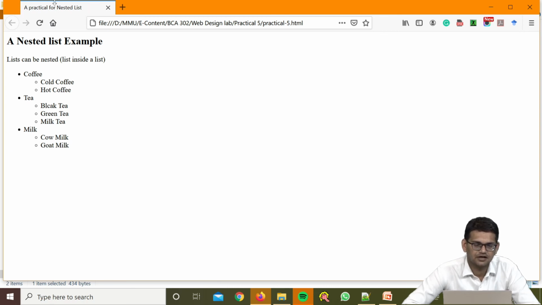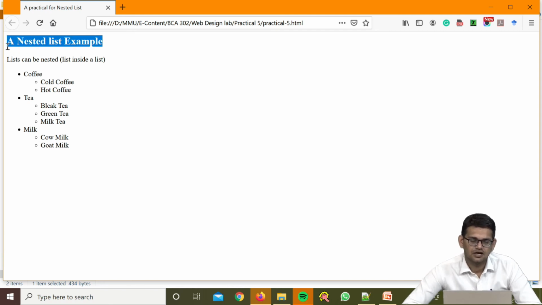We have put it under the head, under the title. So title should be viewed on this space. Now we have used a H2 heading. So H2 heading should be this size. This is the standard size which is given to all the headings like H1, H2 till H6. So H1 is the larger one, and H6 is the smallest one.